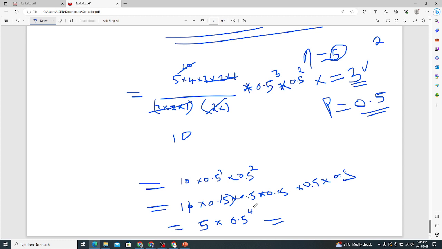If you have a calculator, let me open mine also. 0.5 multiplied by 0.5, multiplied by 0.5, multiplied by 0.5. So in this case, I'm getting 5 multiplied by